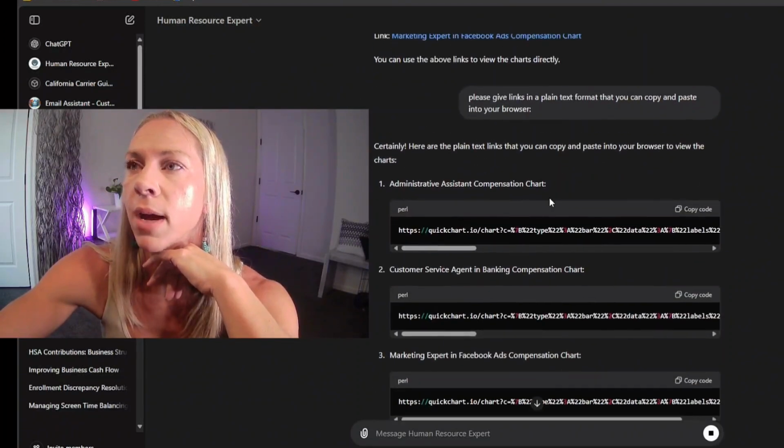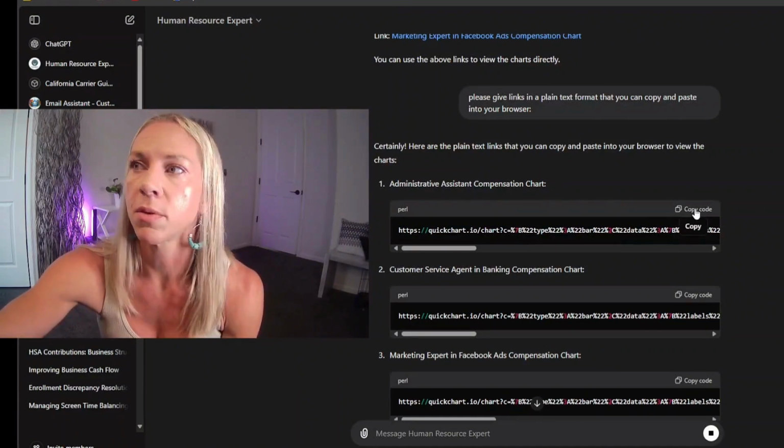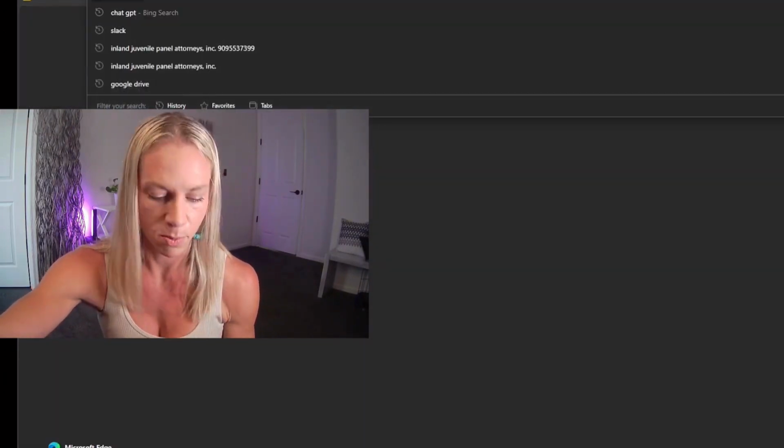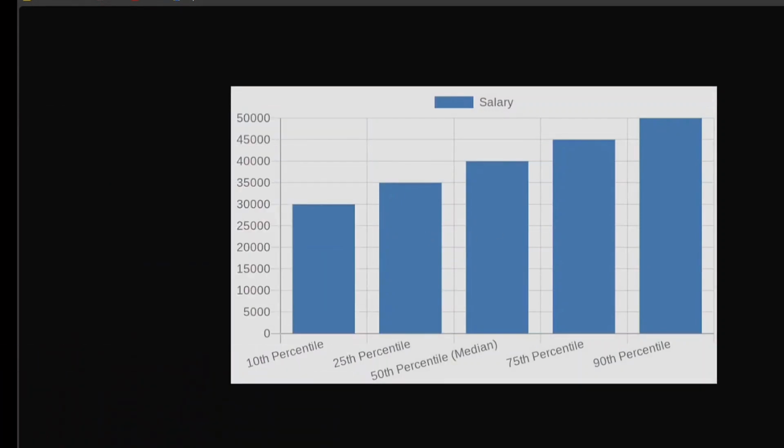So I've asked it to give me the links in plain text, so it gives me this nice little code here that I can just put into my browser. And here, it's given me a breakdown of the different salaries.